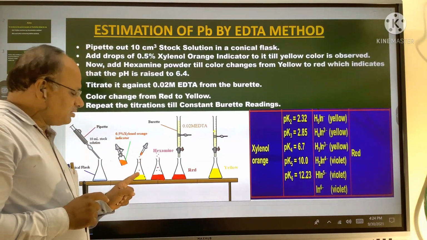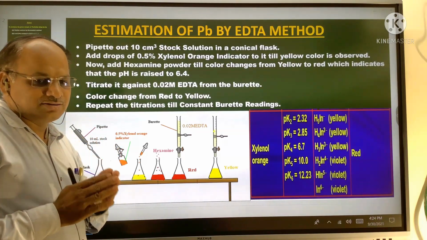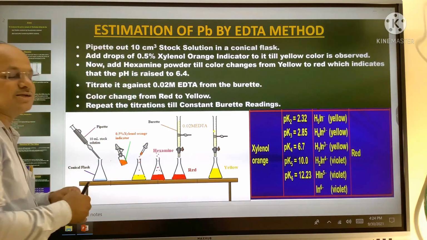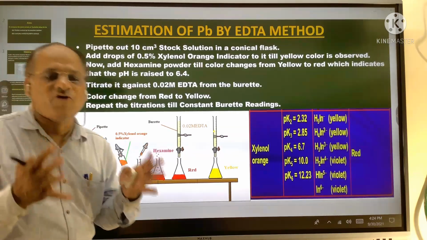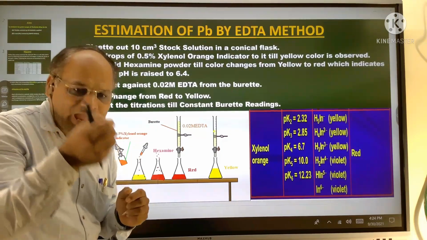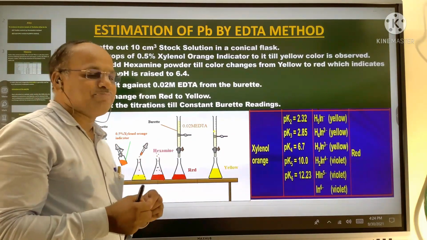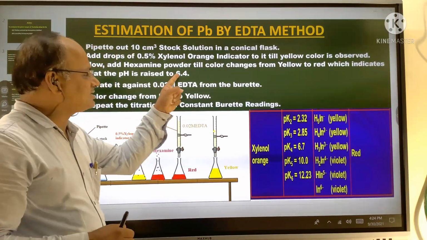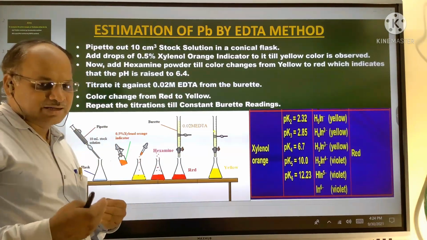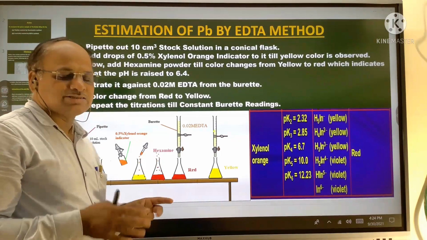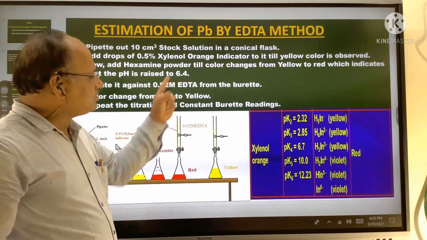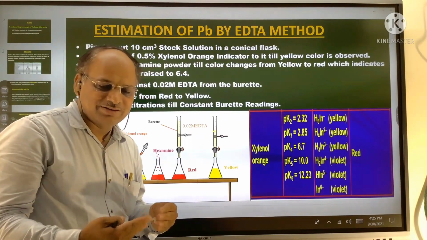If you add xylenol orange indicator to the solution containing lead, then that forms a yellow color complex. If you add the hexamine powder till the pH becomes 6.4, not more than that. Below that pH, that complex becomes red in color, and above that, at pH 6.7,